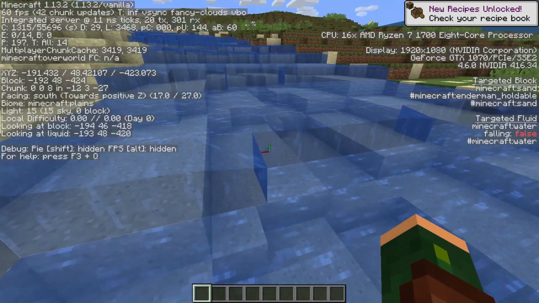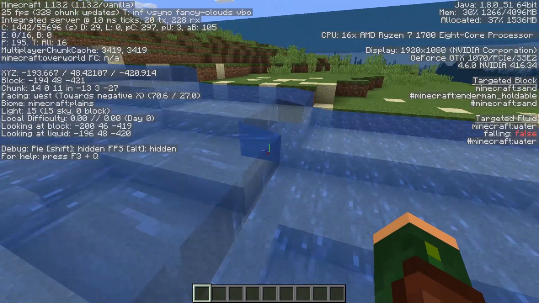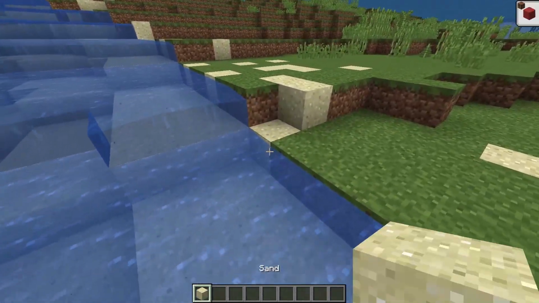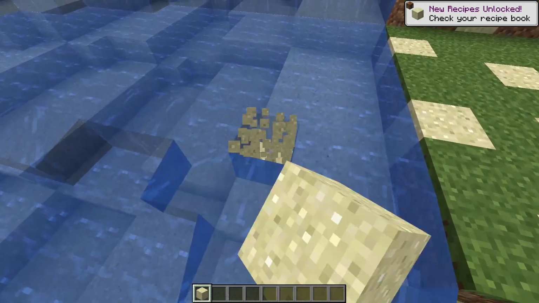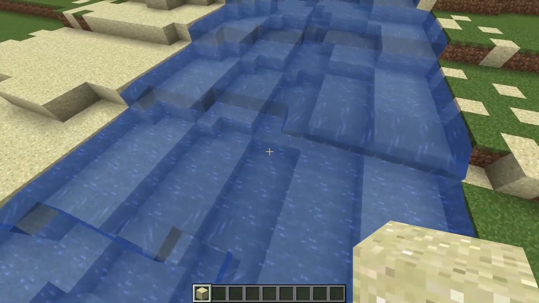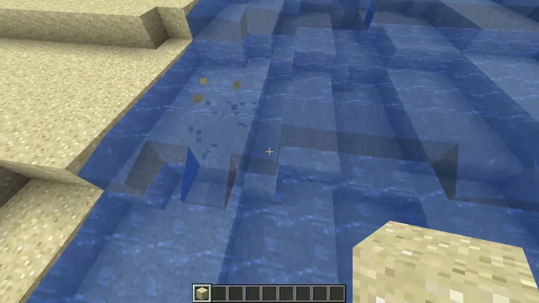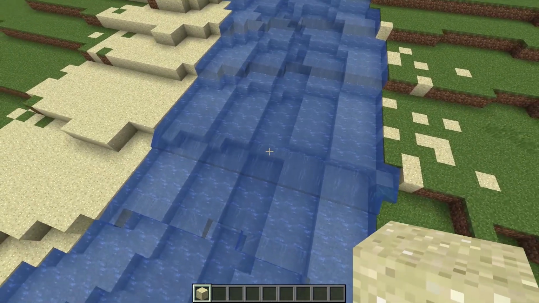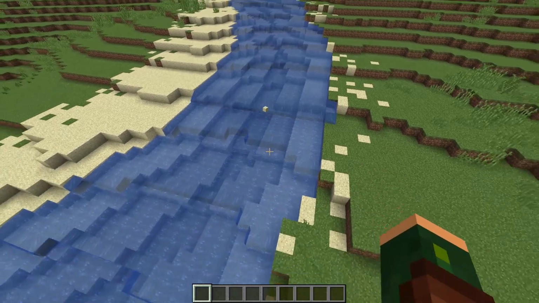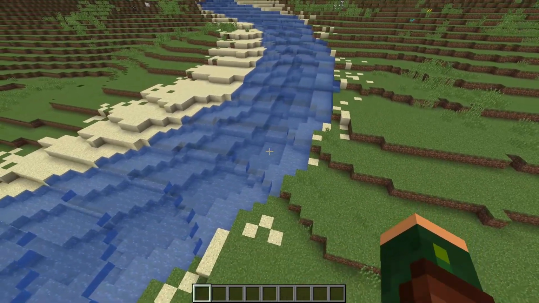So the problem is the water doesn't update. Like you see, Minecraft says the fluid setting is off, meaning it doesn't flow and it won't just update out of itself. So if you update it, it ends up flowing into place, which doesn't always work perfectly, but yeah. So to fix that,